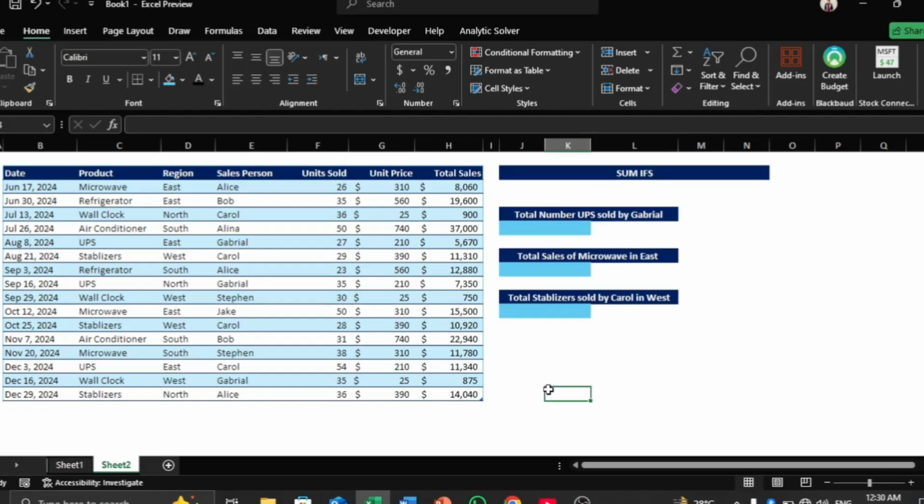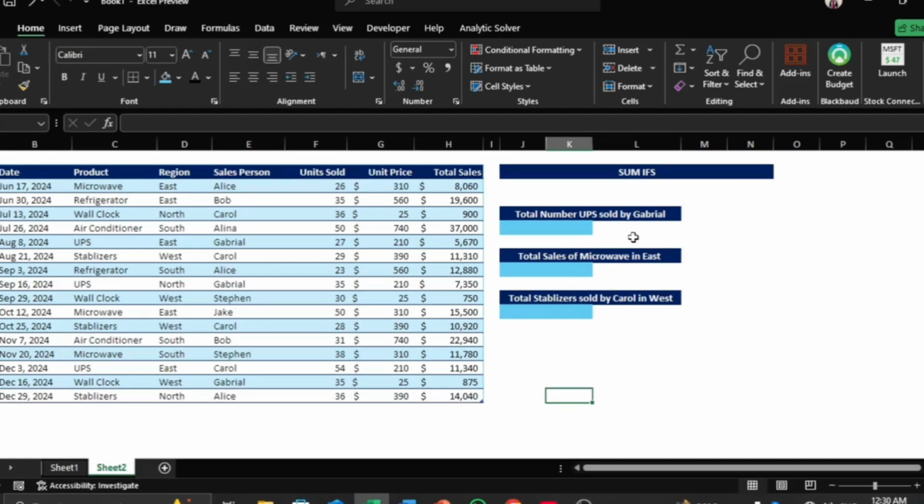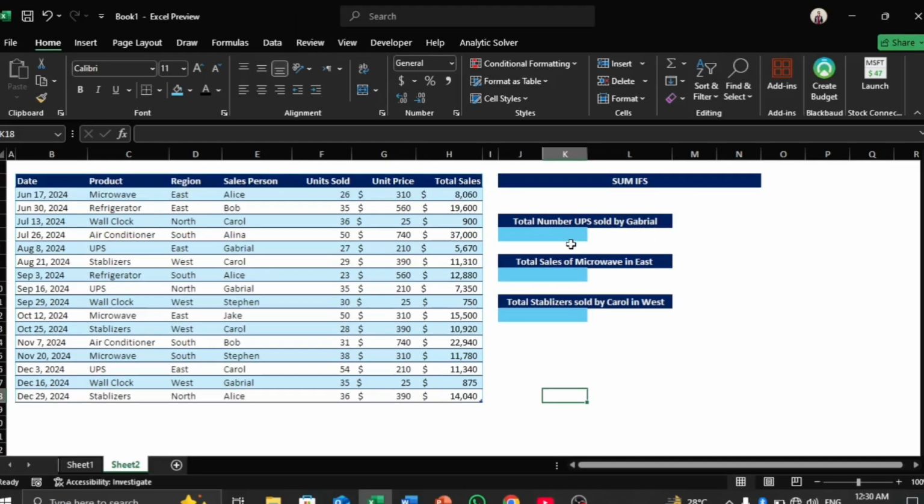Now take a look at the SUMIFS formula, in which we find out the output if multiple conditions are met at the same time. So here we want to find out the total number of UPS sold by Gabriel. So in this case, we have two conditions. Number one is UPS, that we want to find out the sale of UPS, and specifically for Gabriel.